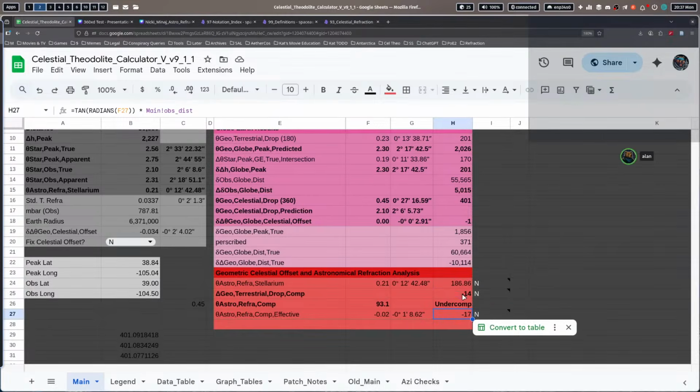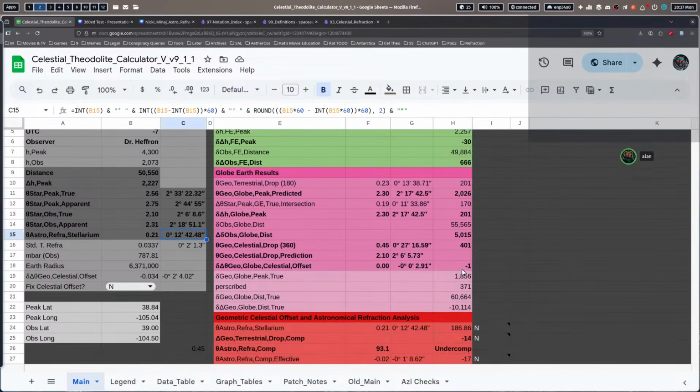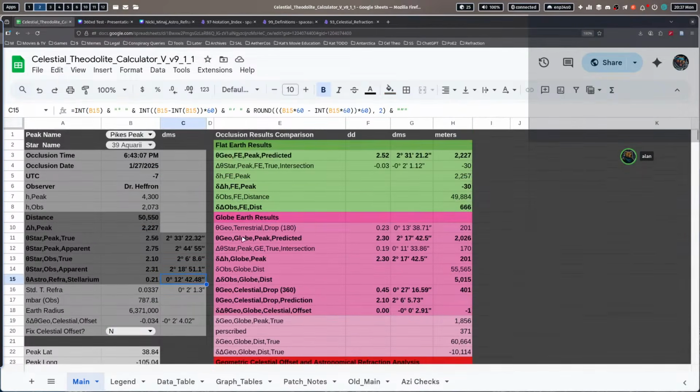They overcompensated, or they undercompensated by 14 meters, but essentially that would be like enough refraction to make the Earth appear to be flat and not a globe, would be their position normally. But now because we have this peak intersection situation, the position that the star had to get, 12 arc minutes below the peak, so to speak, before it was occluded for the observer